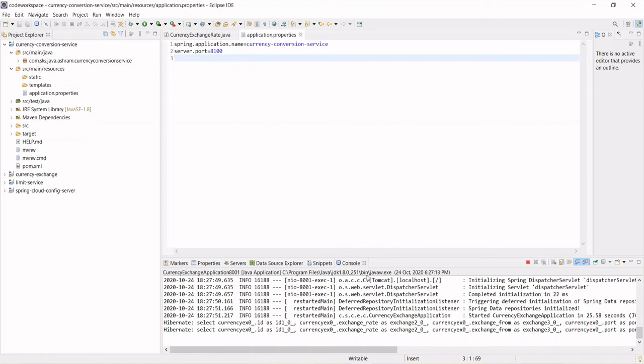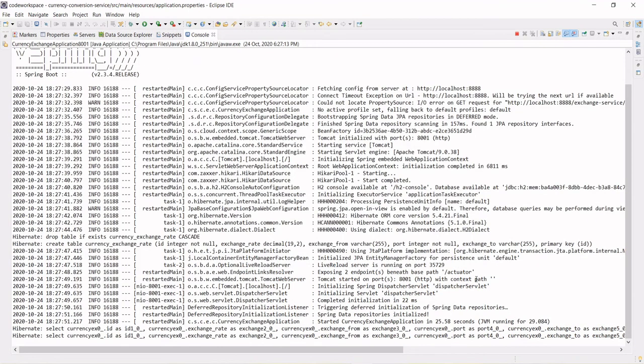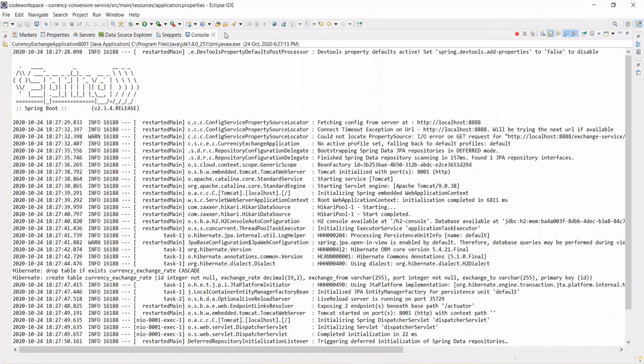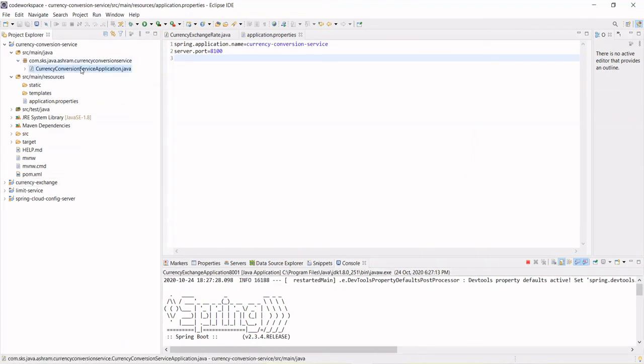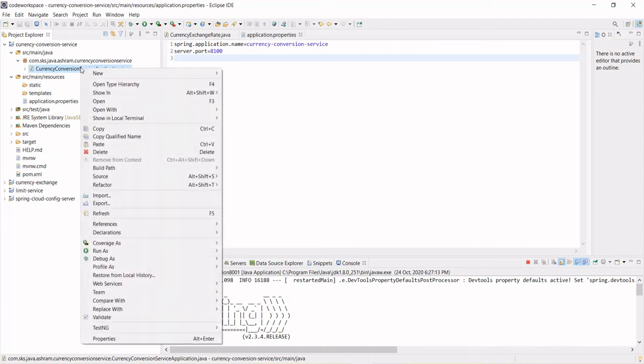After saving, just go to the console and see. I have not started it yet. This is the currency exchange service running. So how can you do this? You can run as Java application.